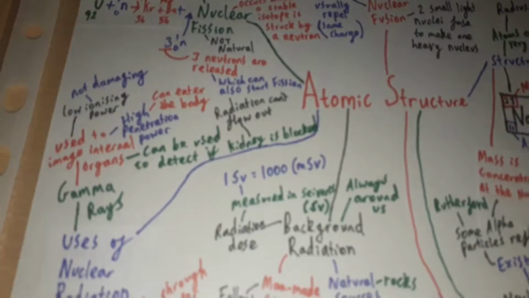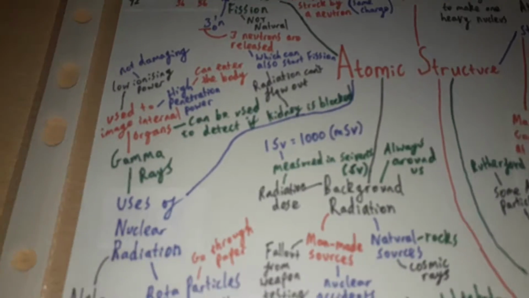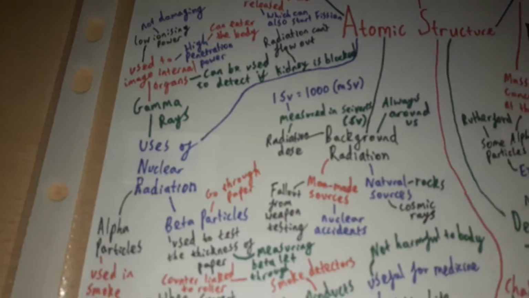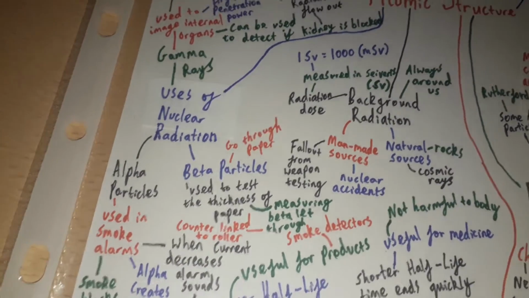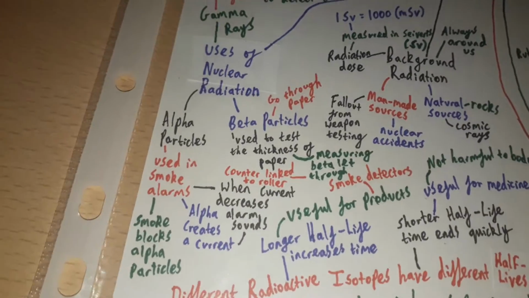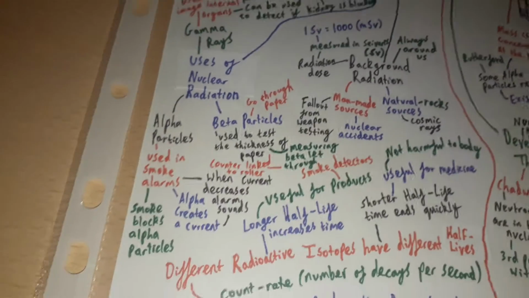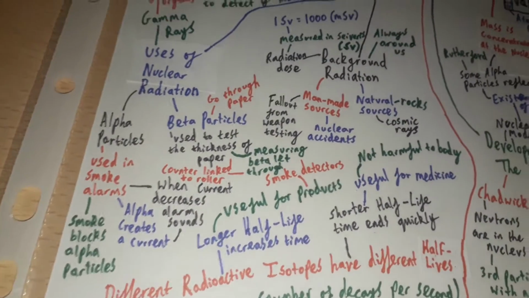So now we've learned all about nuclear radiation, let's look at its uses. So the 3 different types, of course, because they're different, have different uses. So alpha particles are used in smoke alarms, and this is because smoke blocks alpha particles, and when the alpha